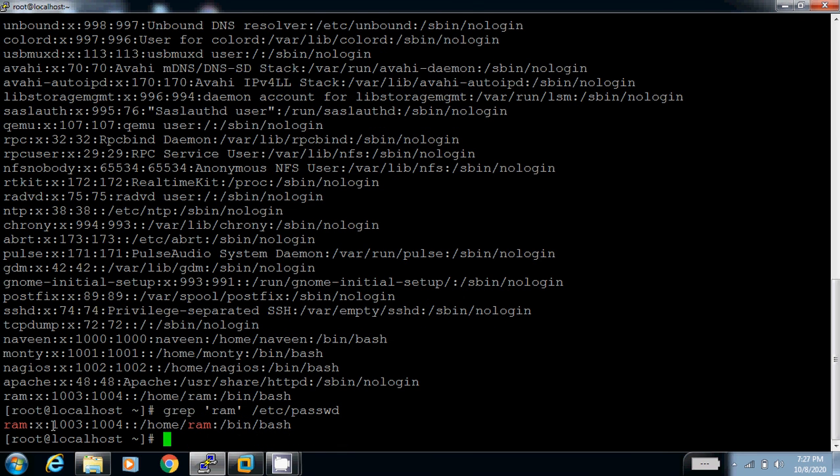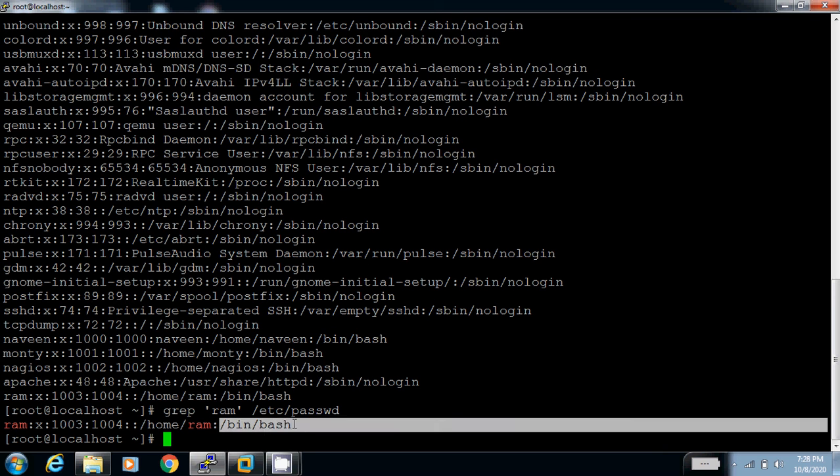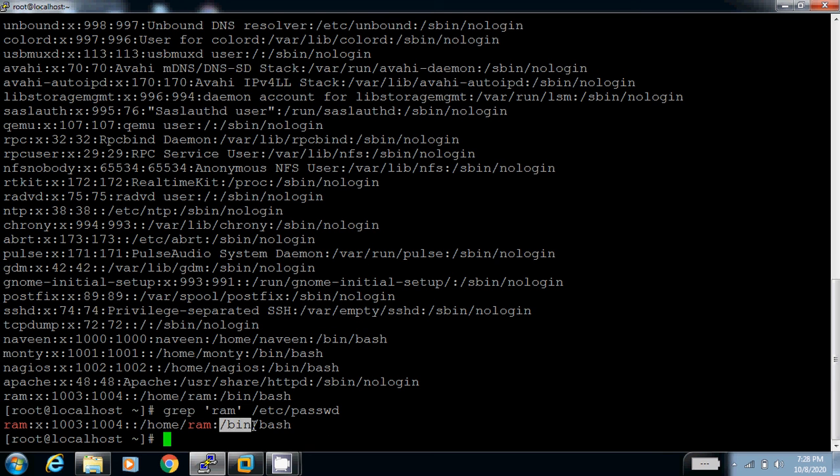See, this is the username, this is the password pointer, this is the Ram user ID UID, this is the Ram GID, and the description is blank because I didn't add any user description. And this is the home location of Ram, and this is bin bash. Using bin bash we can check that Ram is able to log in to the system.